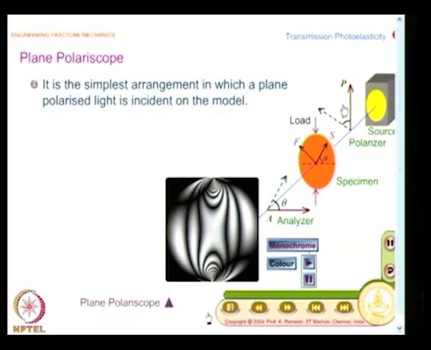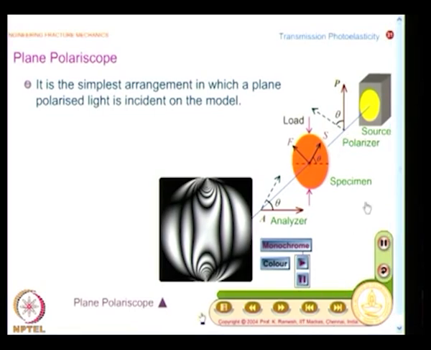I have a polarizer, I have an analyzer, and I am sending a monochromatic light source, and I have a model which is birefringent, which is loaded. And what you find here? You have the background is still dark, and within the region of the model you find fringe contours,